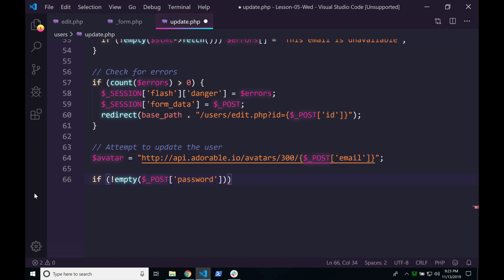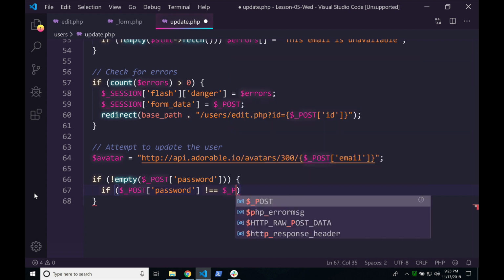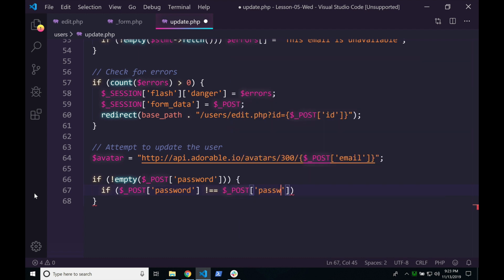If it's not empty and the post password is there, we're going to perform a couple of steps. First is an error check. If the post password does not match the password confirmation,